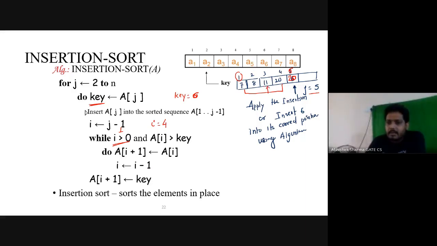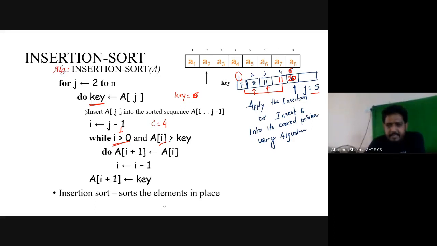Here, 11 is greater than 6. True. So 11 will come over here. Again i is equal to i minus 1, and i will reach here. Now is i greater than 0?